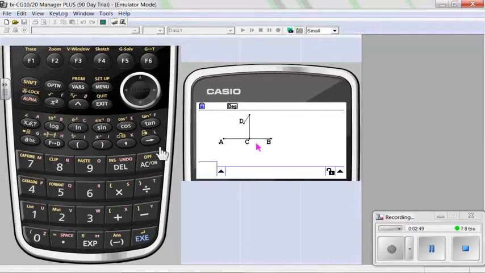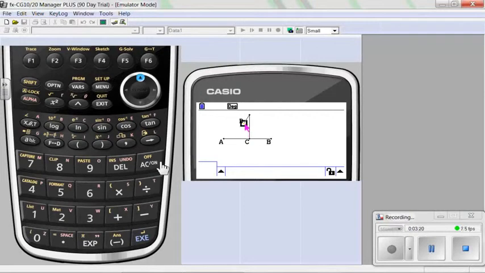AC to deselect all that stuff. I'm going to select point D. I don't want point D moving around on me. It gives me the coordinates. I'm okay with those coordinates. So I press vars to get in that box, go over, press execute, it locks it in. Again, I'll press exit to deselect everything, get out of there. I'll move out of the way here.